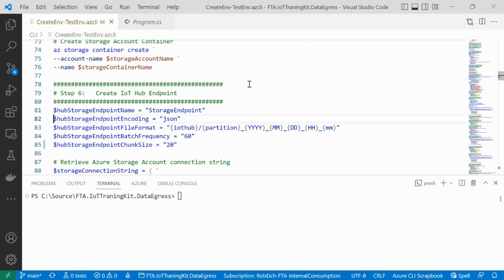I can say the batch frequency is every 60 seconds, and on top, the endpoint chunk size is 20 messages max. So if there is a minute, then please IoT Hub, dump all the information to the file. Or if you have reached the chunk size of 20 messages in a file, then please also dump it.